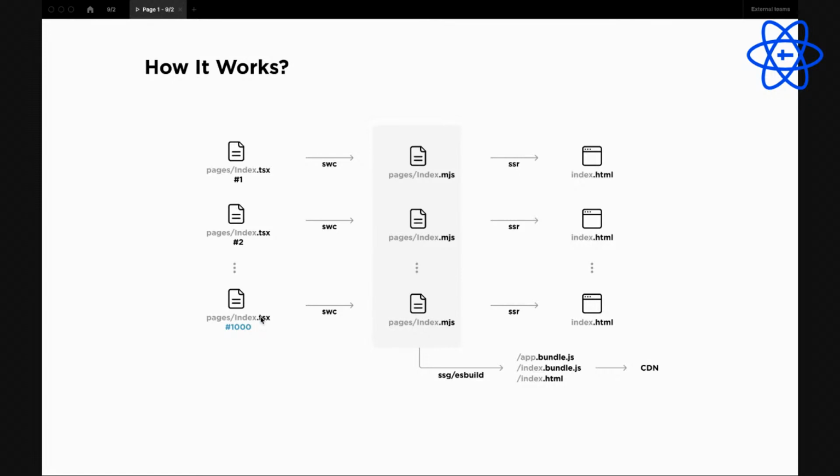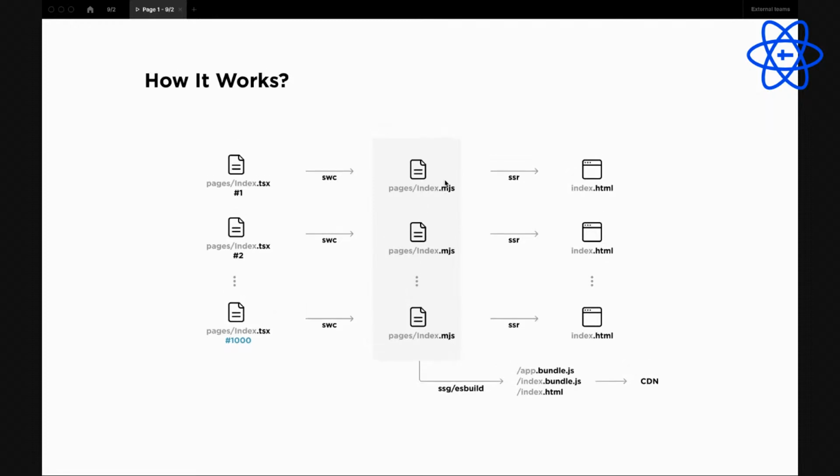It's very slow, but in Alifjs we don't bundle in development. So when you open a page, we just transpile the component files to ES module JS, then we render it to HTML.